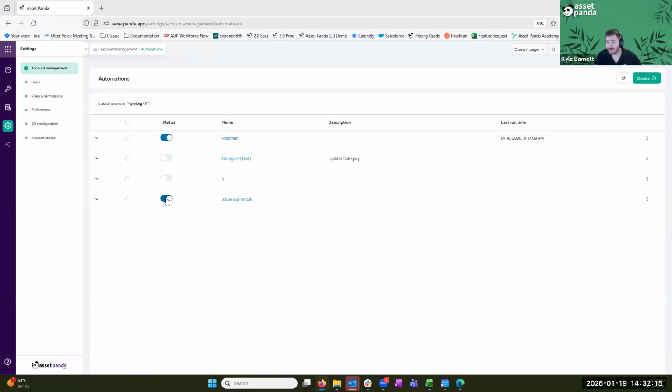Again, you would want to set this up so you can make sure you're getting your employee data in Asset Panda so that you can better have that information to check out those assets too. We can also set up that automation for those users themselves being synced so we can get that SCIM provisioning also.